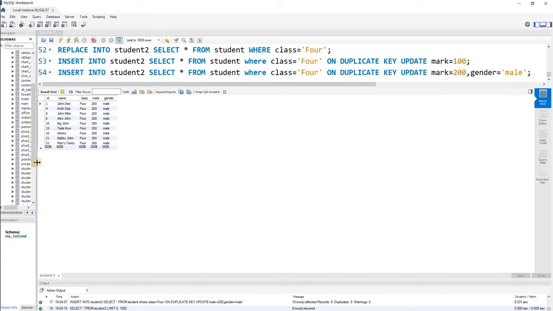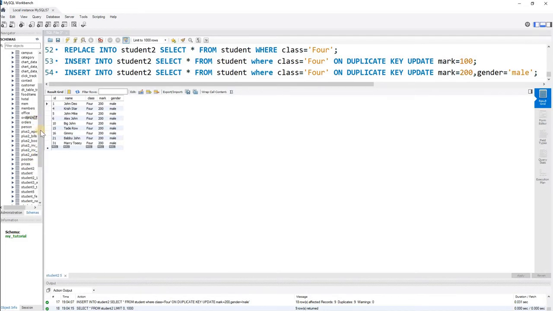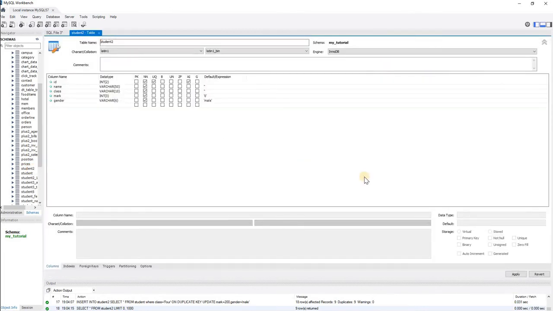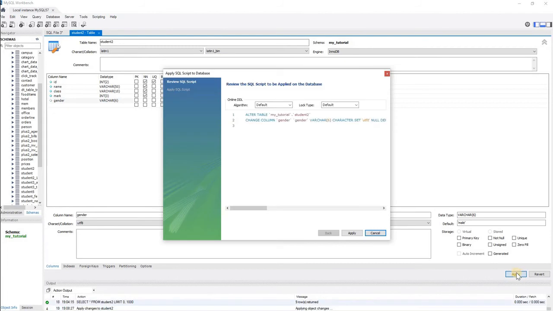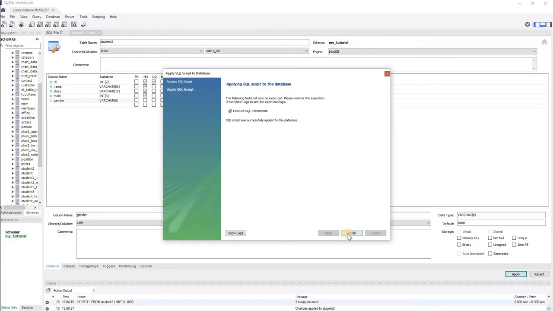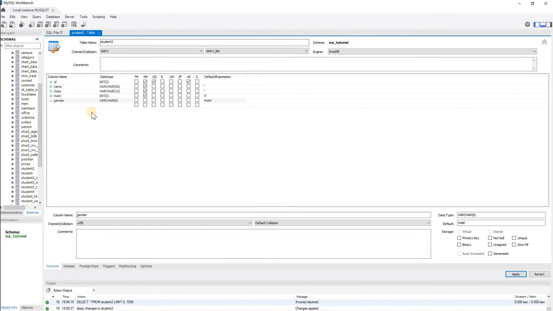We'll change the structure of our student 2 table here, here it is, and we'll allow the null data to be there. Because we will not pass gender data to the student 2 table, so here it is. I am just changing it, I am removing not null. You can do it in phpMyAdmin also, or directly run a query also. So apply, fine. So finish. Now my gender column will take null data. So when I am feeding data for ID, name, class, mark, the gender column will not hold it because it will accept null data. So that's what we will be doing now.